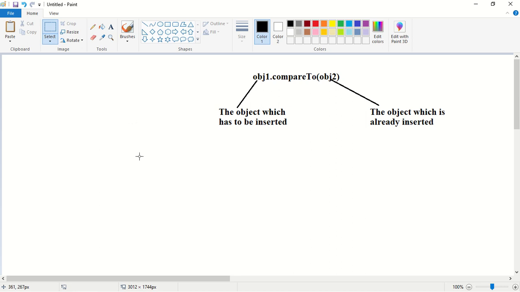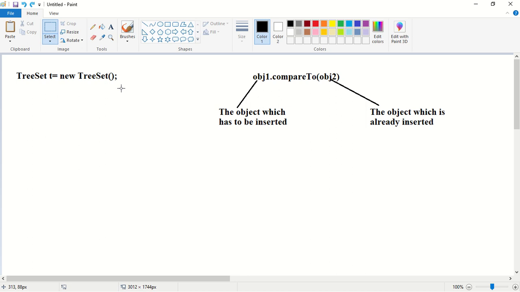First, I will create a TreeSet object. How to create a TreeSet object? TreeSet t = new TreeSet(). This constructor is going to create an empty TreeSet object where the elements are inserted according to the default natural sorting order. You can observe in this constructor, if we are not passing a comparator object, by default it will take default natural sorting order. If we are passing a comparator, then it will take customized sorting order. Remember this. Later I will teach what a comparator is. If we are not passing a comparator, by default it will take default natural sorting order.